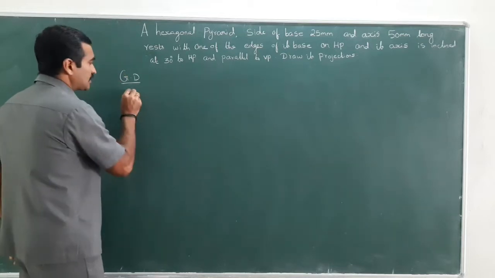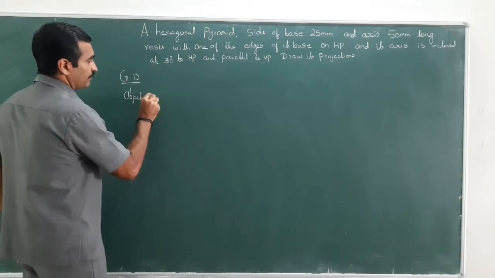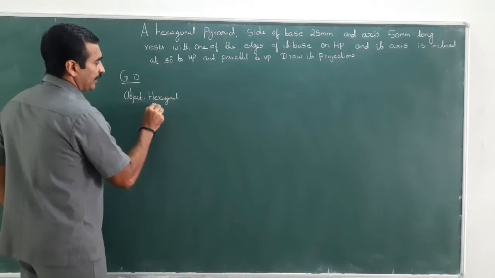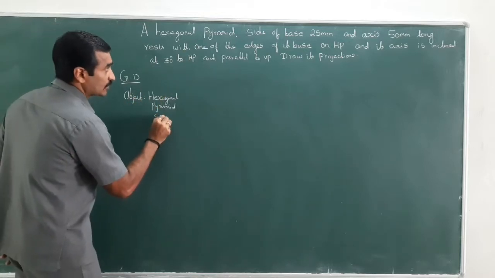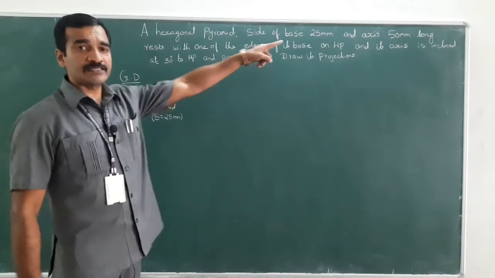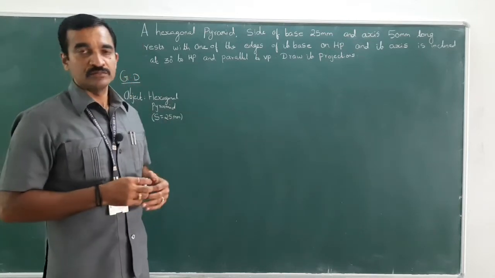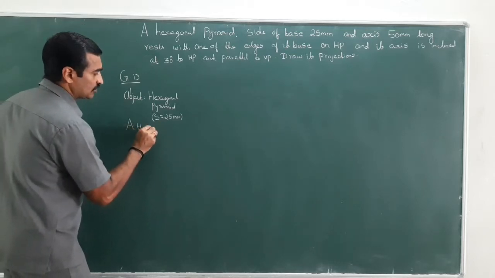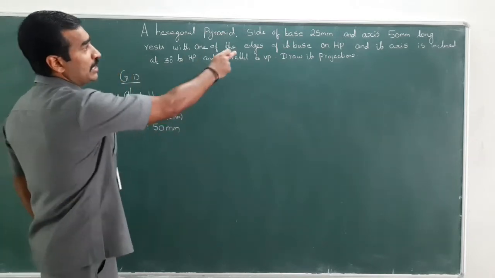the object, what is the object here? The object is a hexagonal pyramid of base side 25 mm. So S is equal to 25 mm. S is nothing but side, right? And axis length, or axis height, or altitude, whatever. So the axis height AH is 50 mm, which is resting one of its